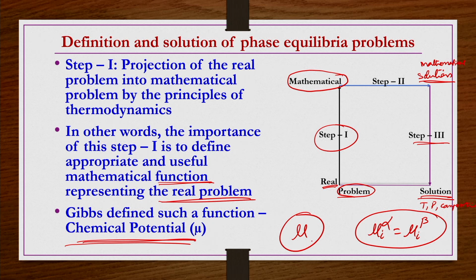Okay. So, now surprisingly you can see that mu i itself is a kind of function that defines the real problem into the mathematical form, rather transforms the real problem into the mathematical form. That function is nothing but the chemical potential, and again the solution for that mathematical form of the problem is again nothing but the chemical potential should be equal for a given component in all the phases. Okay. So, now the solution is also mu i in terms of mu i, right. We do not know what is mu i, it is unmeasurable.